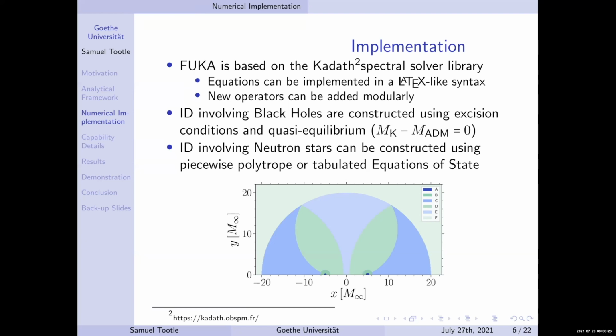This figure at the bottom is just an example of the domain decomposition as done in Kadath for, in this case, an asymmetric binary black hole system. Kadath uses a bispherical decomposition in order to have a continuous coordinate system throughout the numerical domains. For those interested, I encourage you to read Philippe's paper on the details of this. But the idea is that you get these spherical surfaces around your objects. That gives you nice resolution and allows the